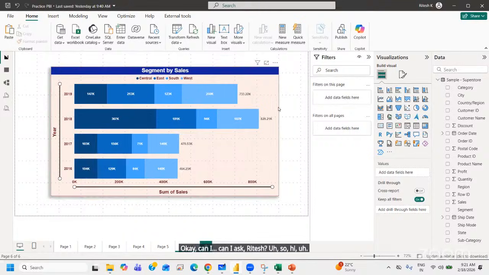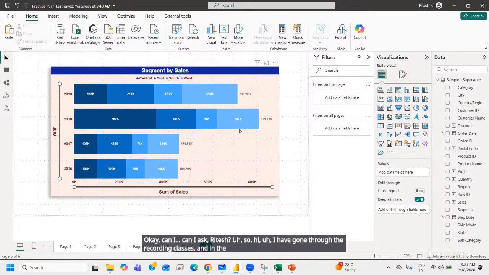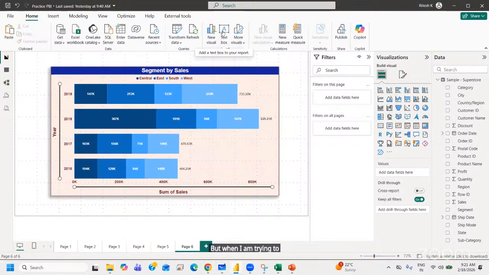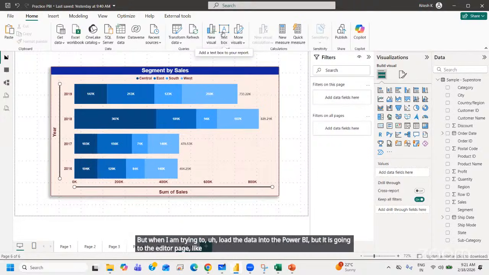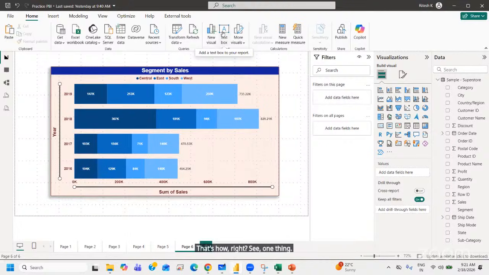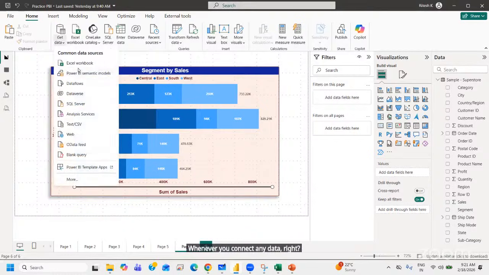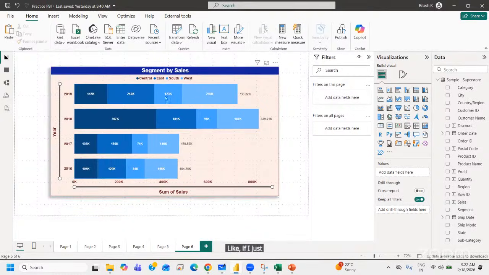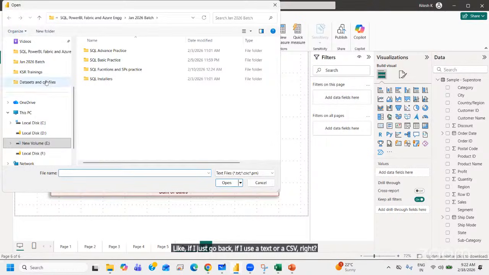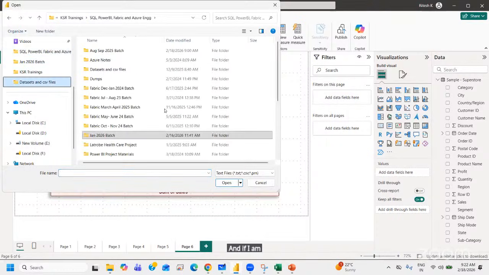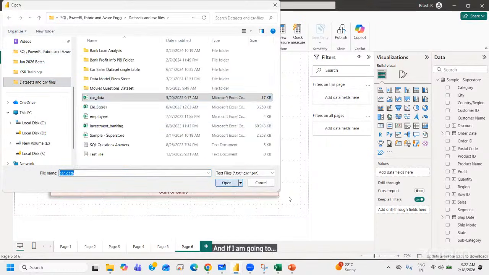Hi, I have gone through the recorded classes, and in the classes you showed me how to load the data. But when I am trying to load the data into Power BI, it is going to the editor page, like Power Query Editor. See, whenever you connect any data, like if I use a text or a CSV and open a particular file,